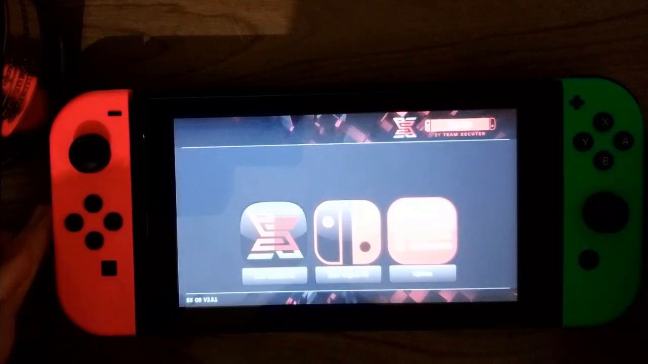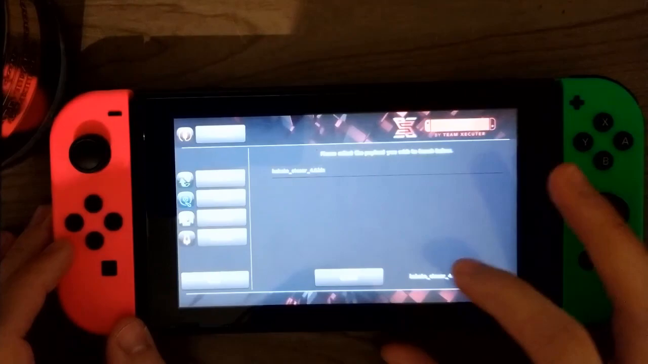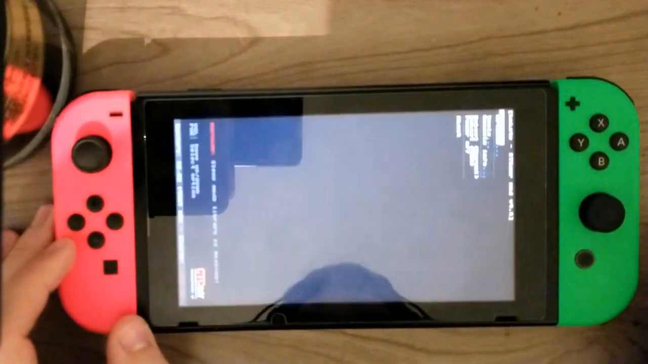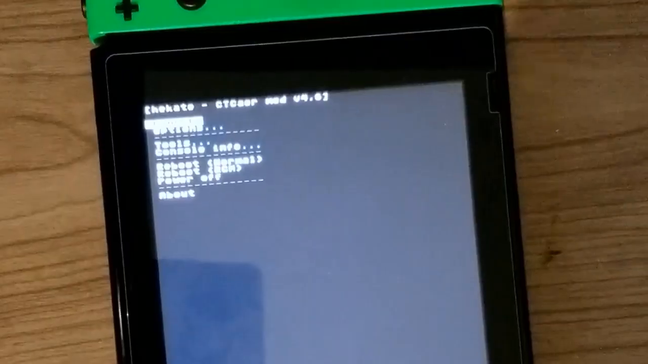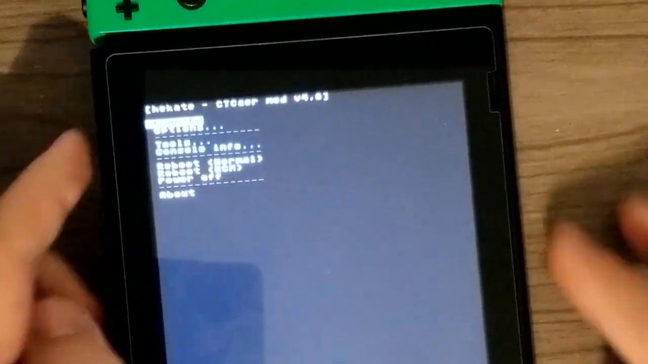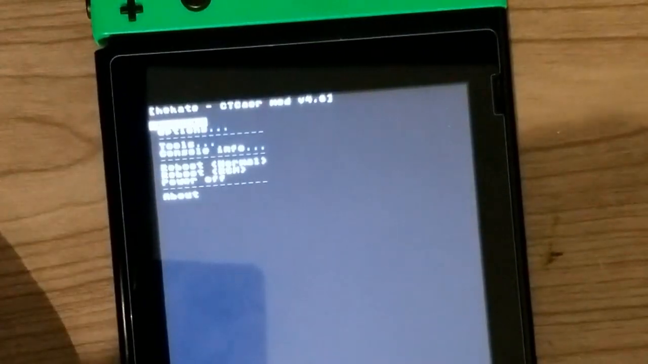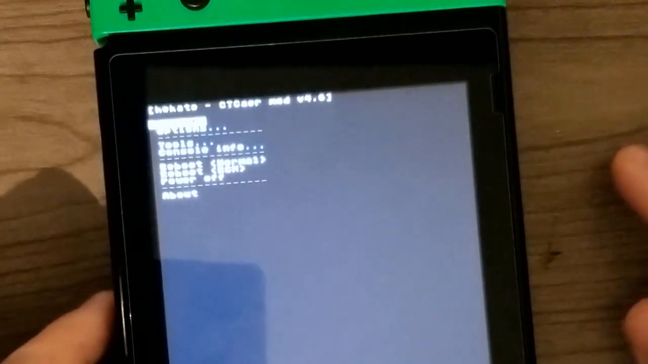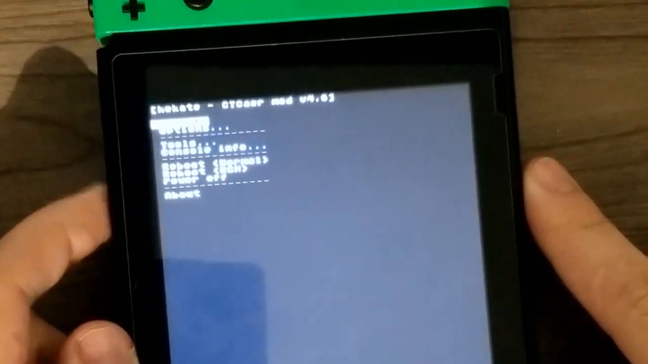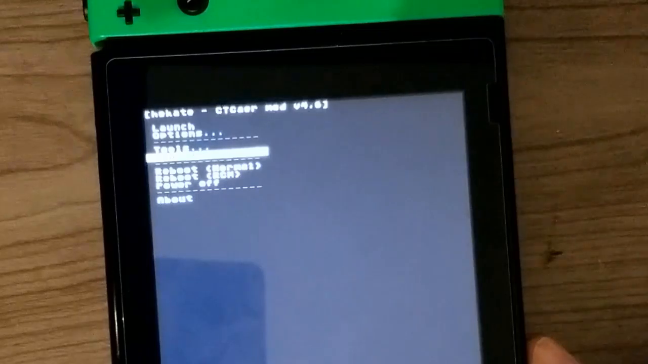Okay, so the next thing you want to do is start up the Hekate payload. I use SXOS, so I'm just going to do so from within SXOS. And then that'll send you over to here. So you navigate Hekate by using the up and down arrow keys and then the power button to select it. So what we're going to want to do is go to console info and then press the power button to select it,